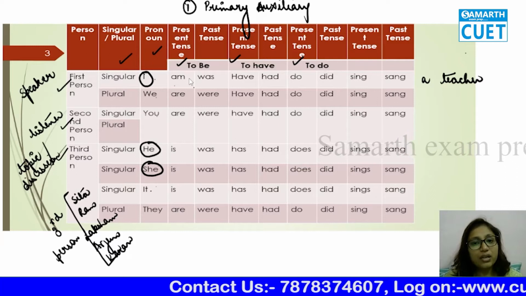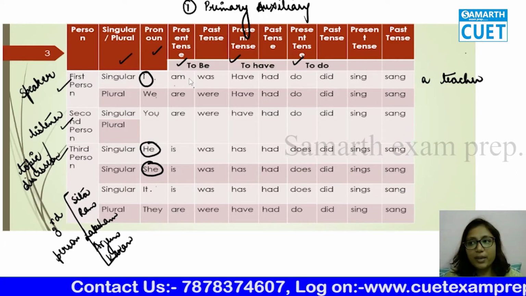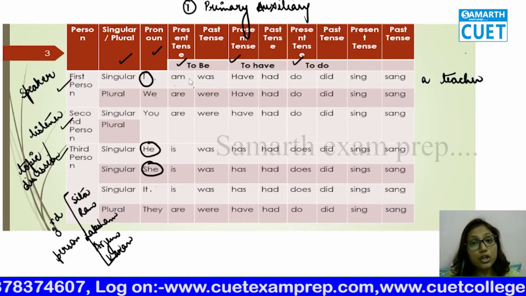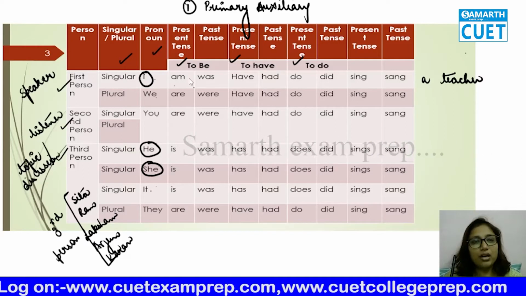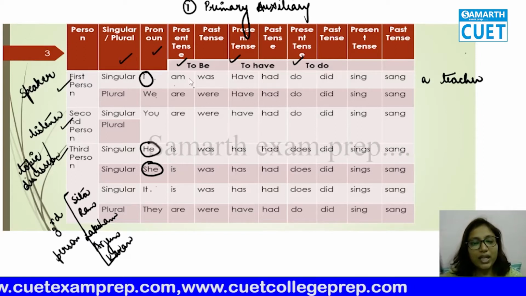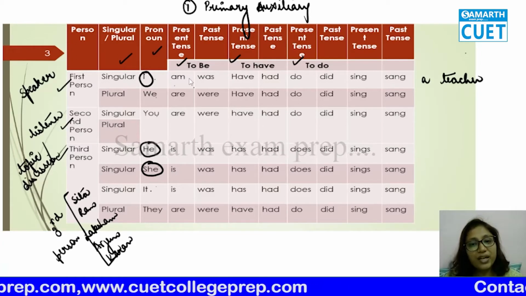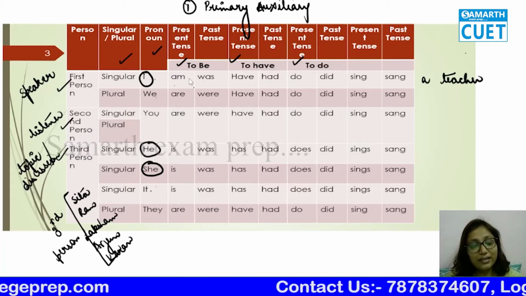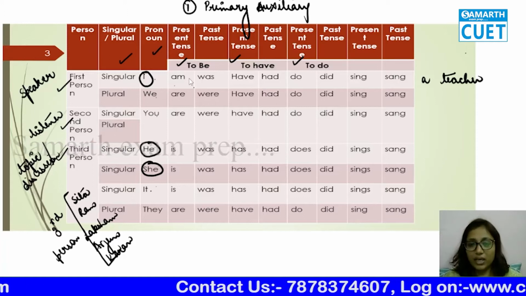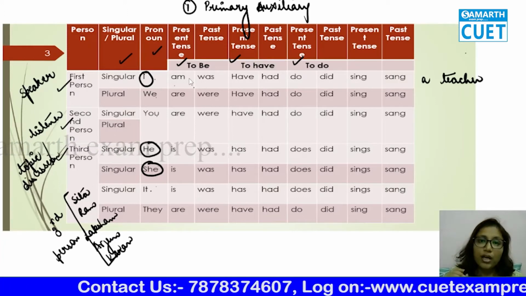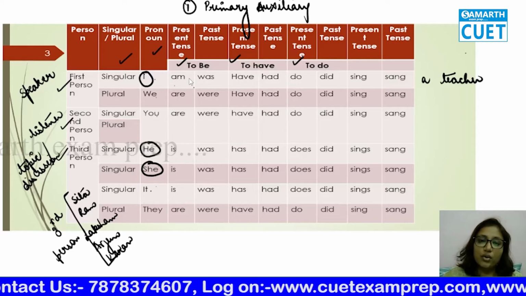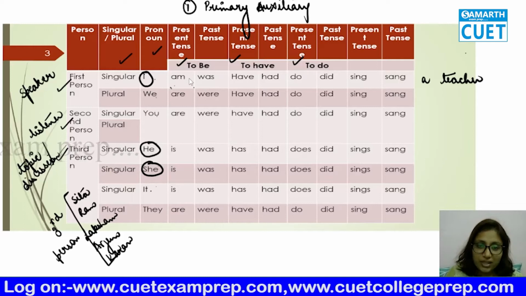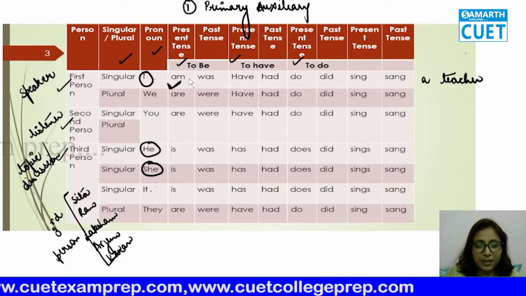Why I'm saying not always, why I've corrected myself here, is because we have conditional sentences also, where the condition clauses come. There we talk about hypothetical situations also. In those, we use different helping verbs with I. So when we take that class, I'll remind you of this class. Just keep that in mind. For now, you just understand I is going to take the helping verb am. With I, we are going to use am in present tense.